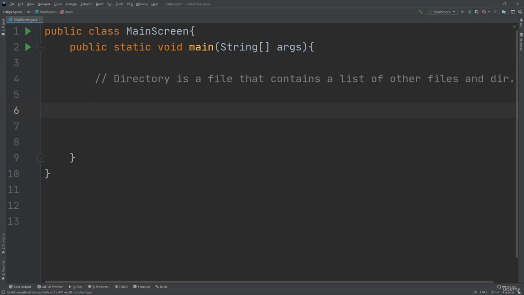Now, let's create a program to show you how we can get all the file lists. But first of all, let me create a directory using the mkdir method. So, in order to create a directory, we start by File, as I told you, alt plus enter to import